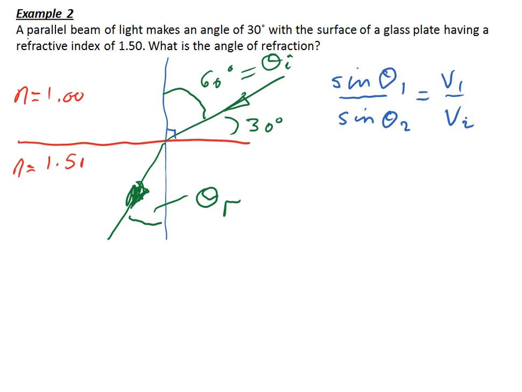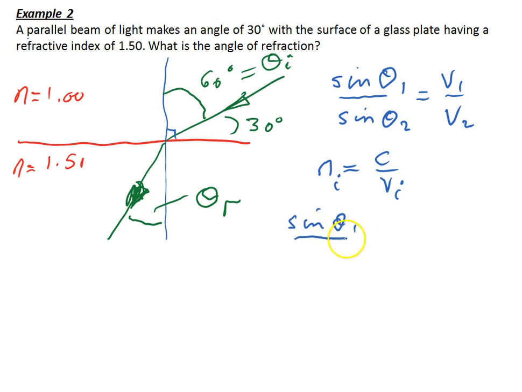However, we also know that the refractive index itself is given by n is equal to the velocity of light divided by the velocity in the particular medium. And so for any particular medium with refractive index Ni, this will be true, and therefore we could substitute for V1 and V2 in the above equation, and then we find that